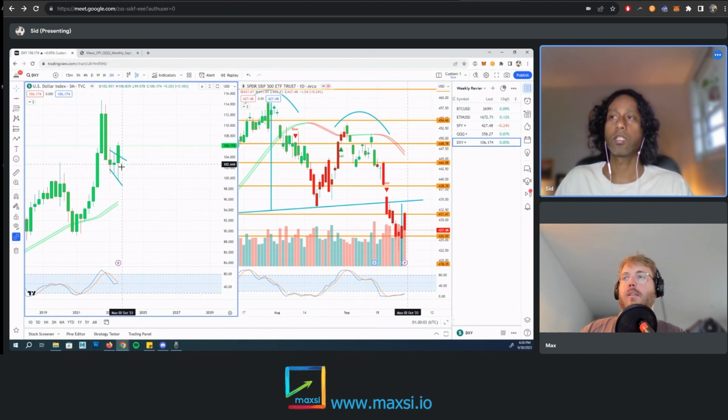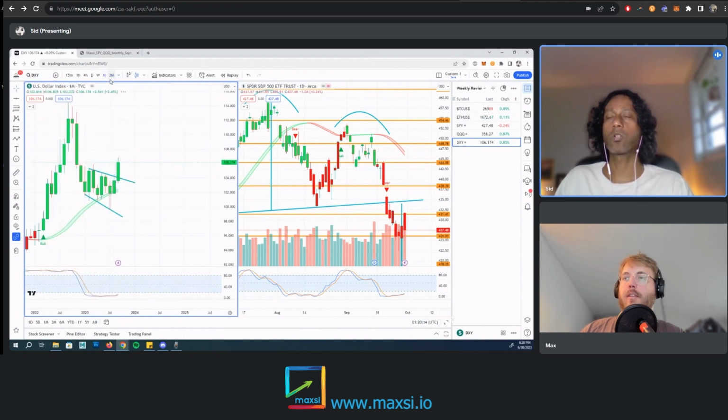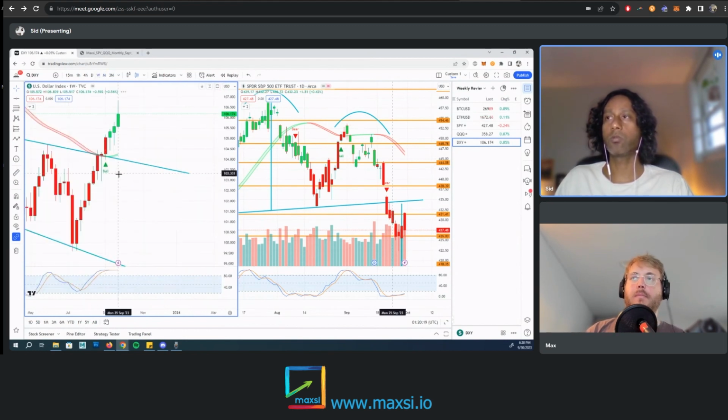Look at this. It's a clean SR flip with support here, and you can see it's curling up here with the bullish candle. So in the quarter and monthly time frame, it's very bullish. On the weekly,